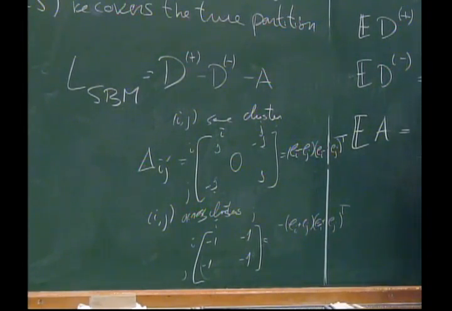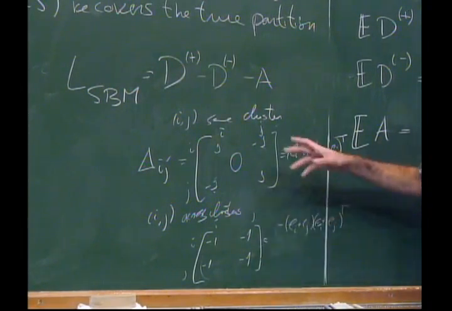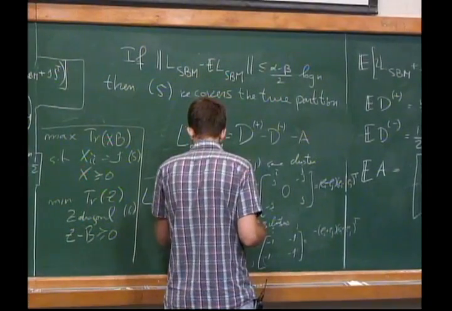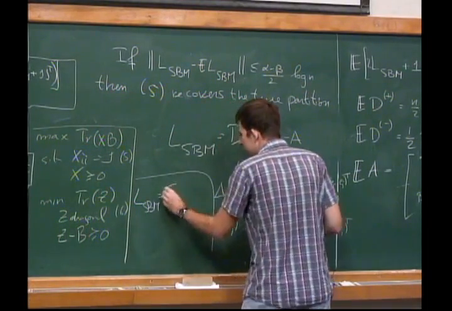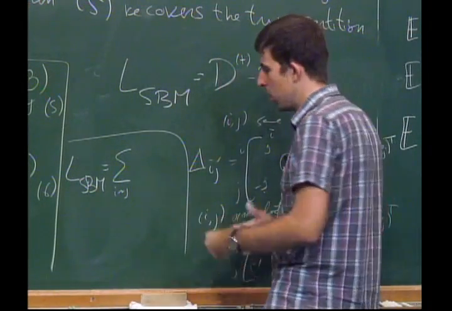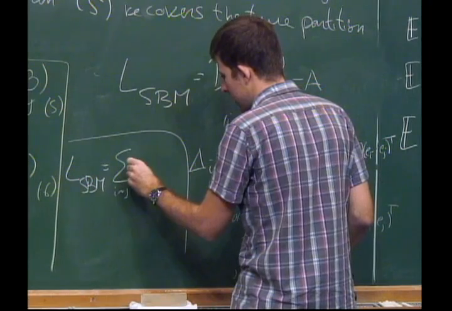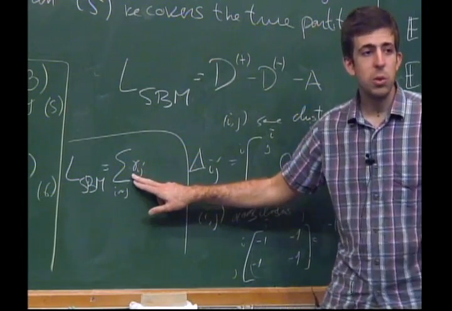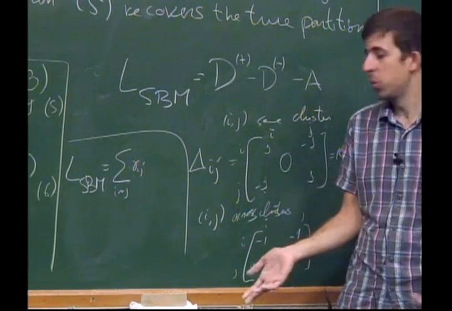And so for each edge across clusters, something like this will show up. So this means that the stochastic block model, morally and also rigorously, is true. You just have to be careful about which random variables to define. It will be a sum over i, say, in the same cluster as j, of a random variable, let's call it delta ij or gamma ij, which is 1 if the edge is there and 0 if it's not. So we know it's a Bernoulli random variable with a distribution we know,